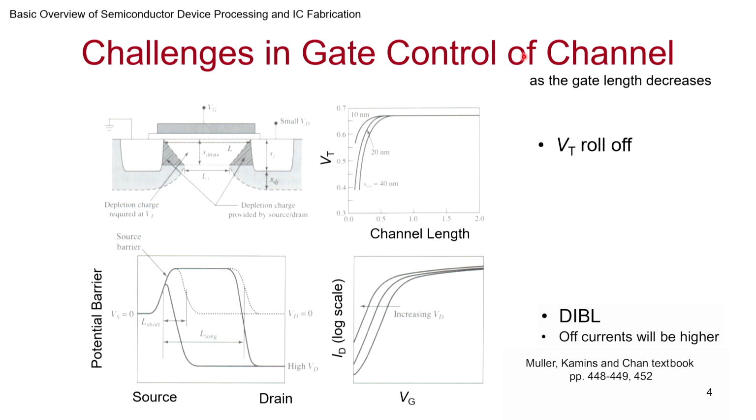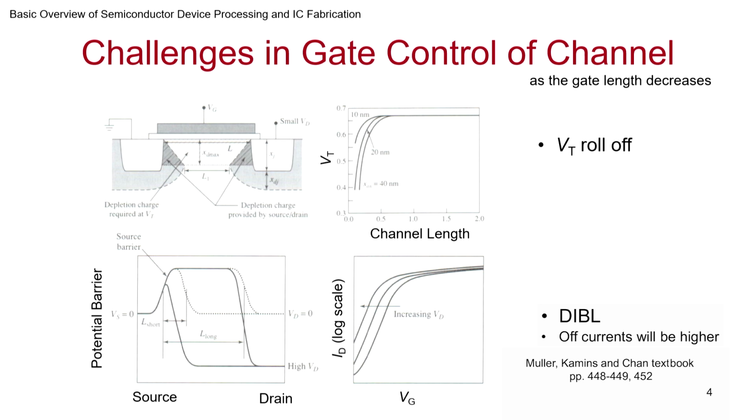So clearly this is a big challenge, especially when the gate length becomes tens of nanometers and so on. So people have tried various things. So let us see what you need to try. You can actually try various things to prevent the roll off as well as the drain induced barrier lowering. That's what it is called, DIBL.